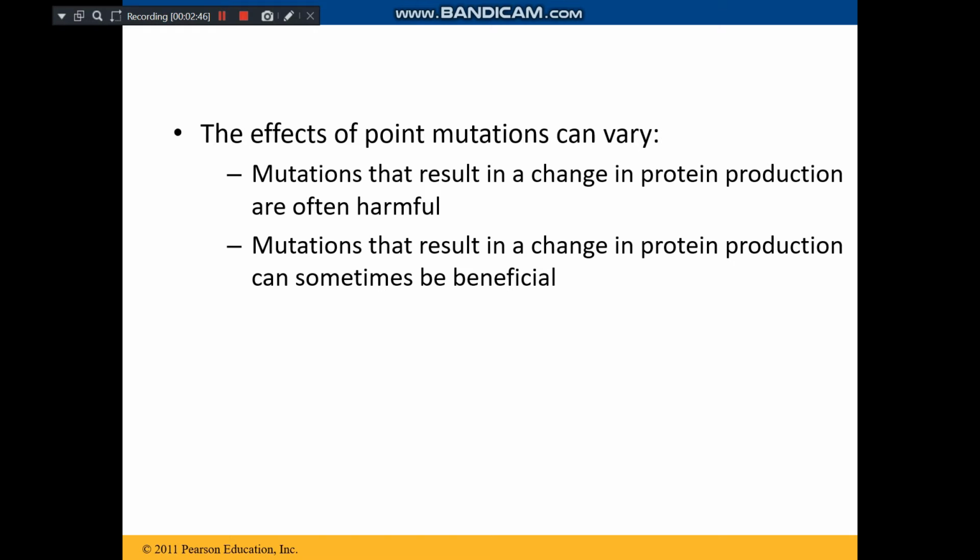But sometimes the mutation which results in a change in the protein production is often harmful. Most of the time, I should say, if these mutations change the type of protein that they produce, because proteins are the building blocks, which all of you know, they are often harmful only. And when such harmful mutations take place, generally they are not carried forward. But